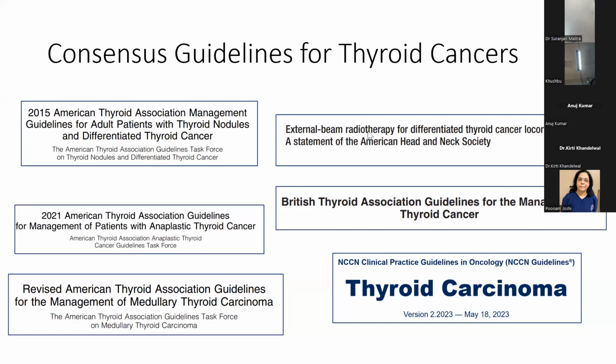Then some recommendations that have come from the American Head and Neck Society, the British Thyroid Association guidelines for management of thyroid cancer, and the latest NCCN guidelines, which recommend the use of external beam radiation therapy in thyroid cancers. So we will go one by one on each of these